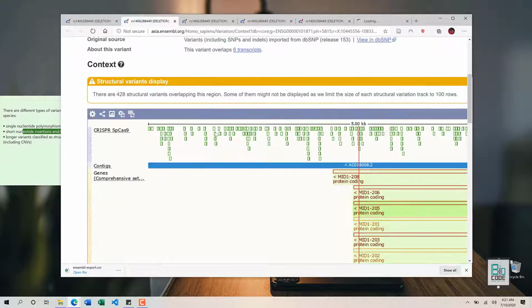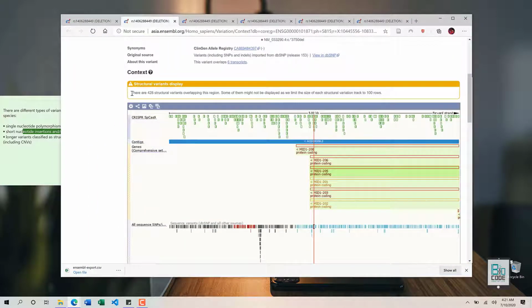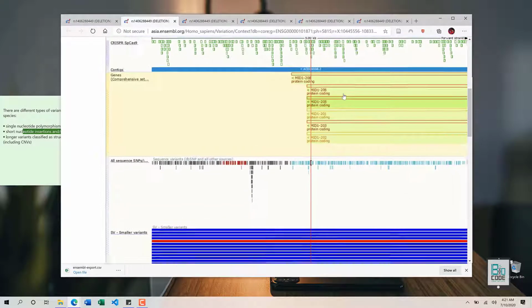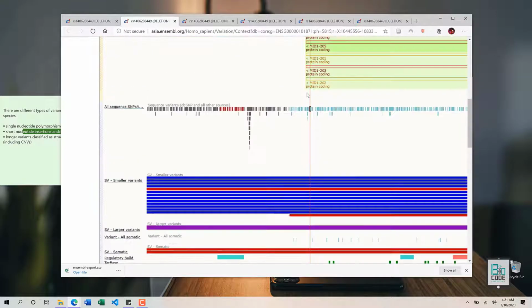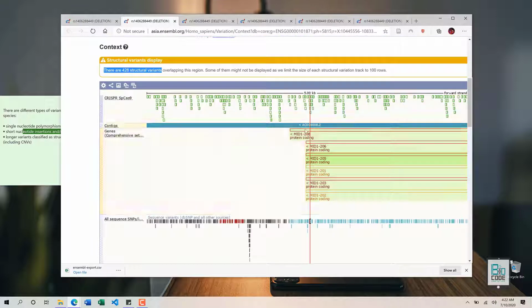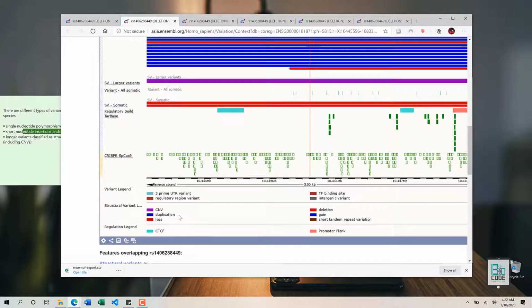So this is providing more information, genomic contextual information. There are 428 structural variants overlapping this exact region. So that means there are many overlapping structural variants in this region, and this red line is the exact region where it is actually participating in the deletion process. And you can find